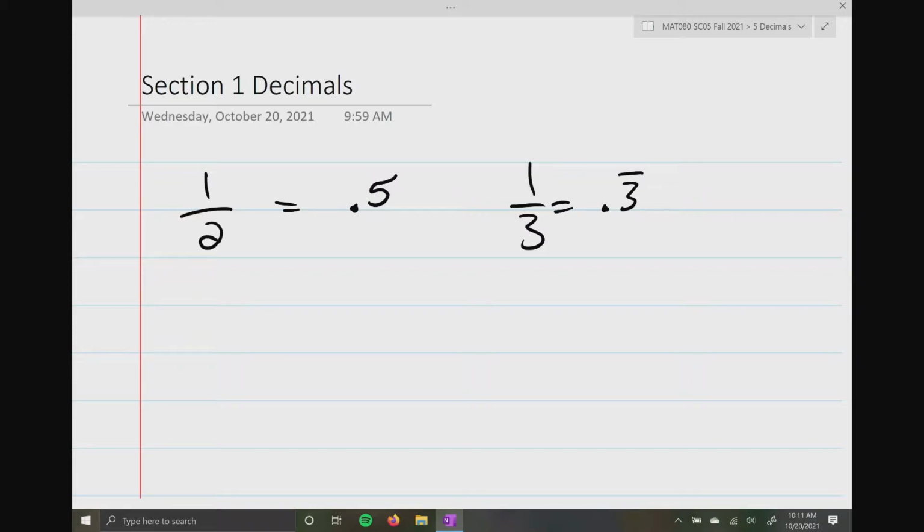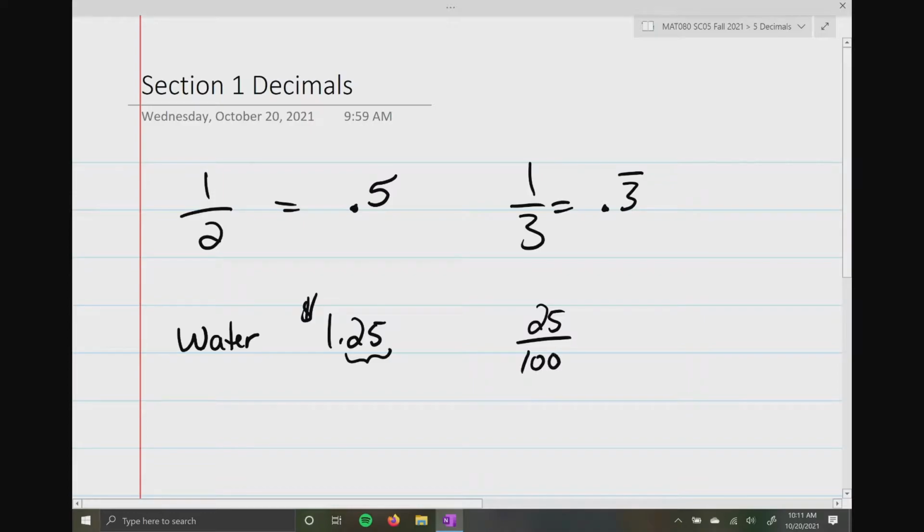One of the ways that we use decimals the most is with money. For example, a bottle of water could be $1.25. Now, that 0.25 is a decimal representation of a certain fraction. In this case, that certain fraction is 25 over 100. Now, where this really kicks in is if I give this 25 over 100 names. For example,